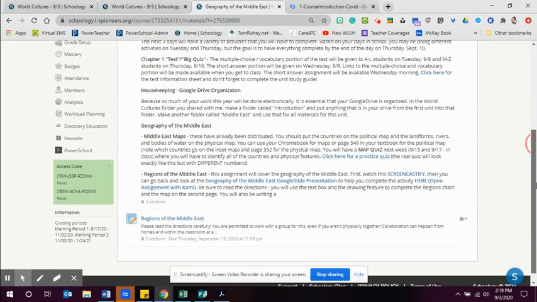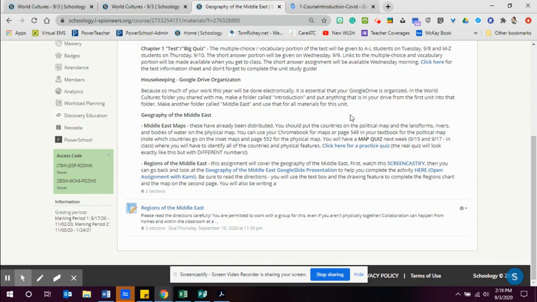And then maps, I did distribute maps for the regions just so they have a physical map. I think some things just are better the old-fashioned way. And then there is a Screencastify for them to watch when they are done with their other work. There is an assignment that they will complete with Kami that has a map on it. It has a chart on it. And they are able to collaborate with friends, share the document, and work. So you can see my lesson plans are not quite finished for Tuesday.